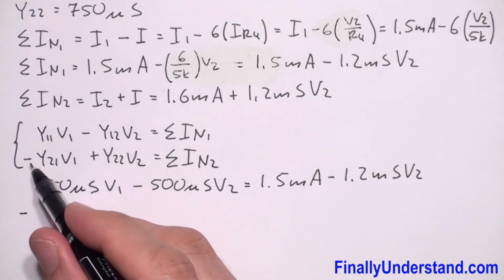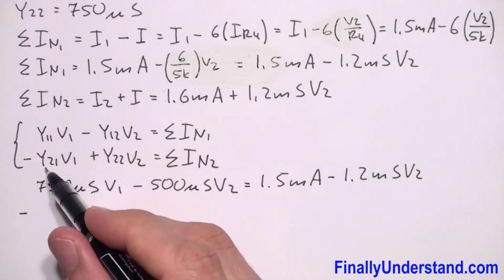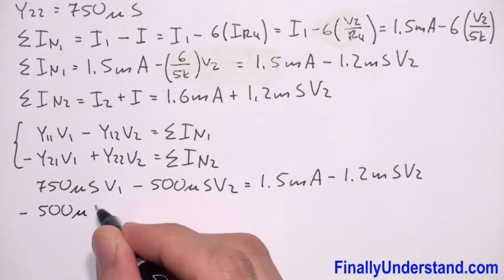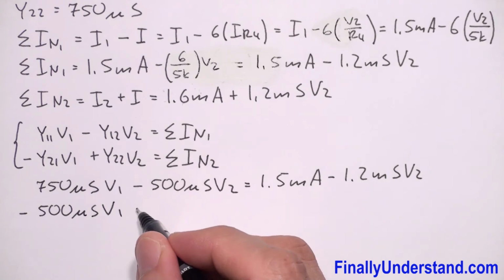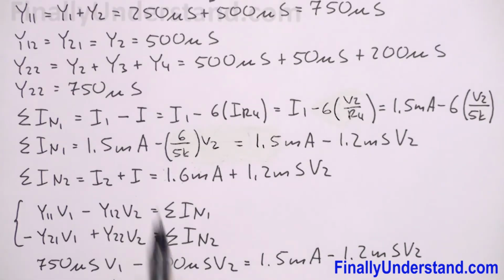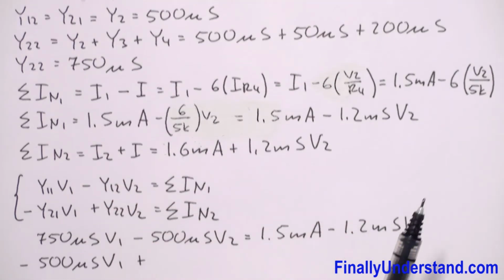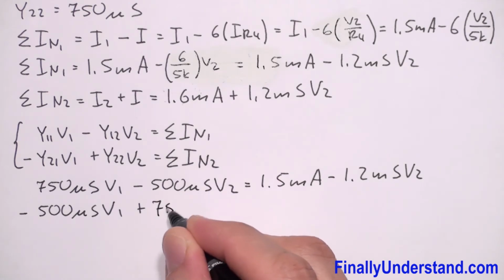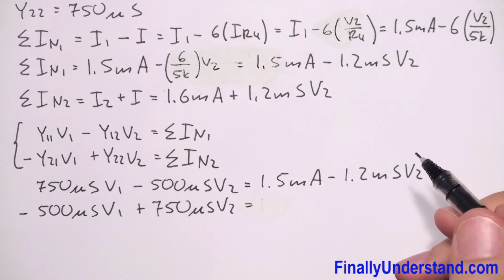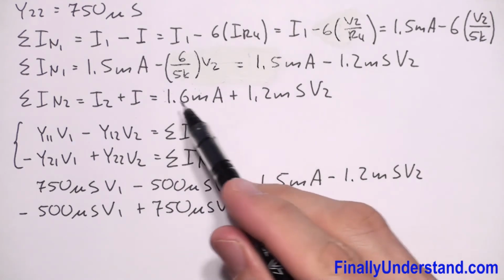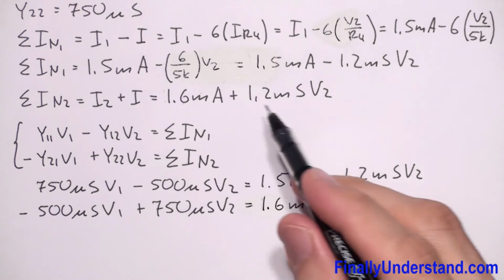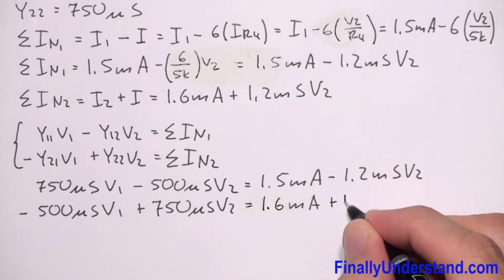So I have negative, because I have negative in the formula, Y21, we found, is equal to 500 microsiemens V1 plus, because I have positive sign over here, Y22, and we found that Y22 is equal to 750 microsiemens. So this is 750 microsiemens V2. This is equal to the sum of the currents at node 2, which is 1.6 milliamps plus 1.2